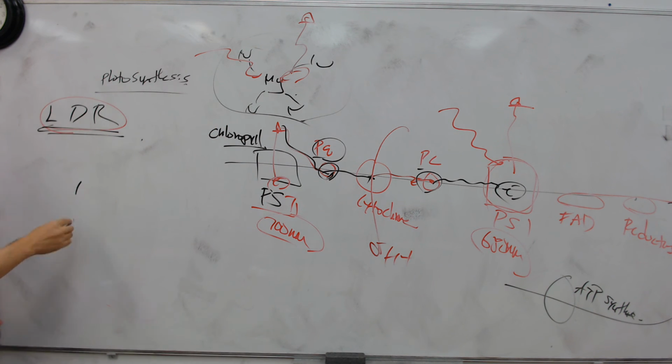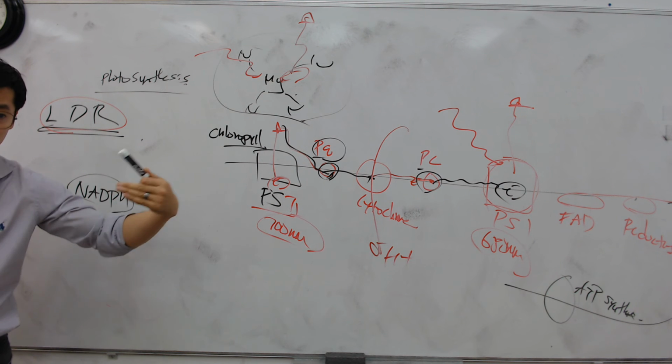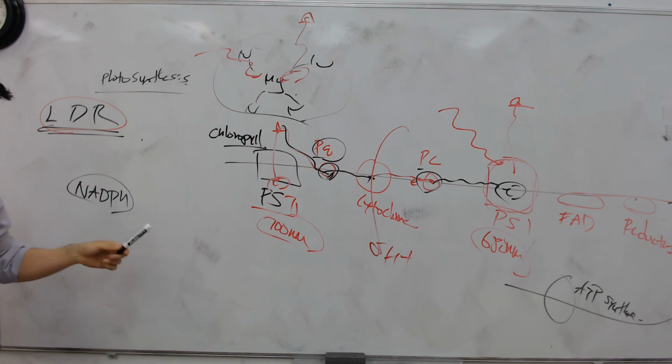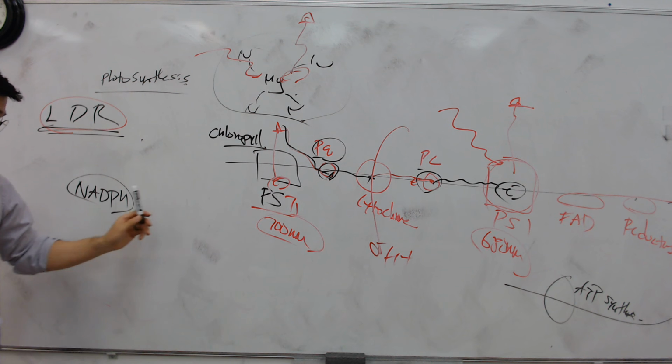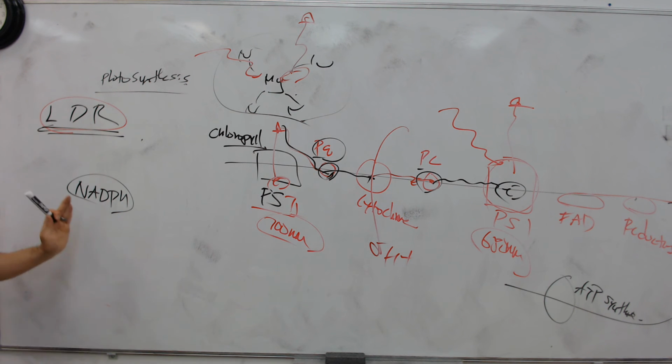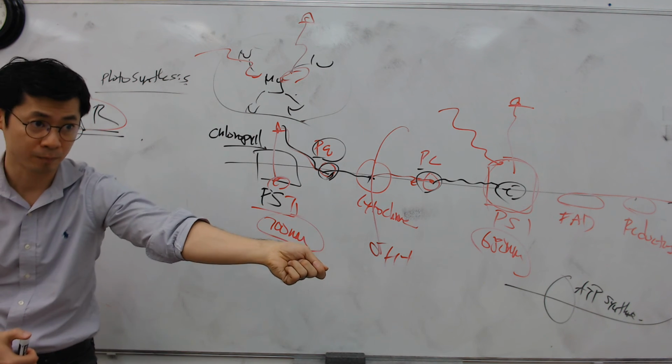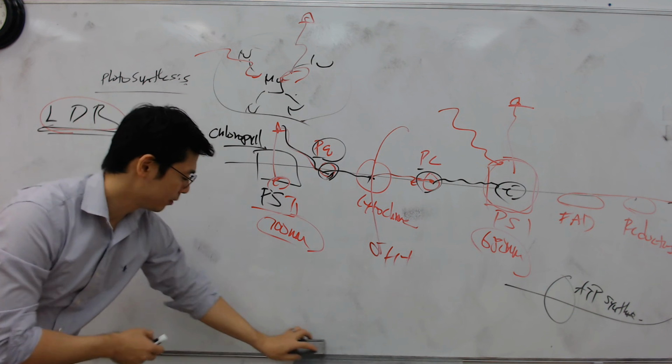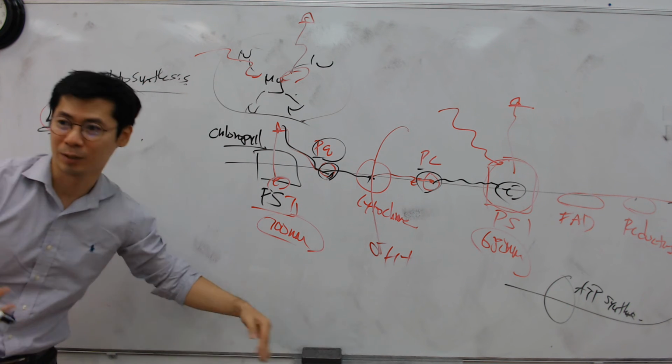NADPH? Make sure I'm saying that right. NADPH, right? The electron is in this molecule. What do they do with the electron from this one? They have to give it to a carbon for glucose, for production of G3P. They can't put the electron back into this one, because it will be going to the Calvin cycle and giving the electron to carbon. So no. Which means there has to be something else, right?